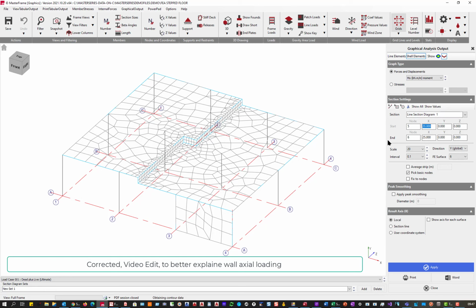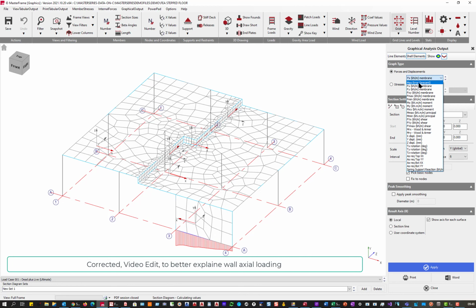Now, we need to be looking in the right direction, so if we look at that, we will get a little contour diagram. If we choose our axes correctly, and we need to see what the axis is, we'll see it's the Y that we're after, not the X. So let's go to FY,